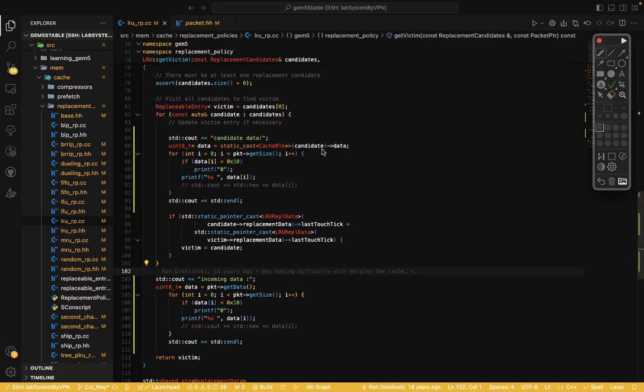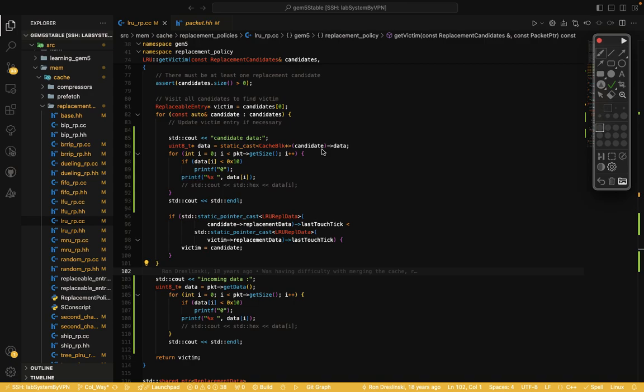But what happens in the replacement policy, for example LRU? In a replacement policy such as LRU, we have a list of candidates to check and find the best candidate among them. Here we don't pay attention to the policy for finding the victim. But we have a list and visit all the candidates of the candidate list.